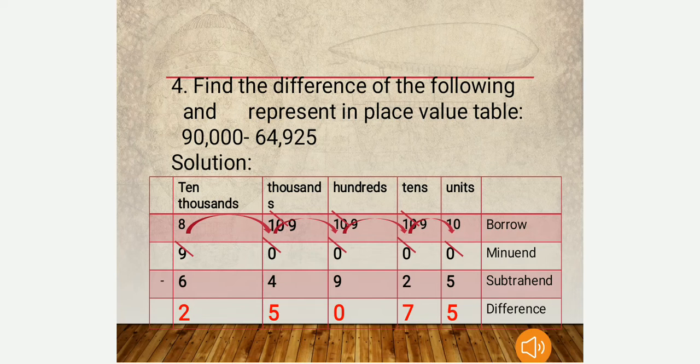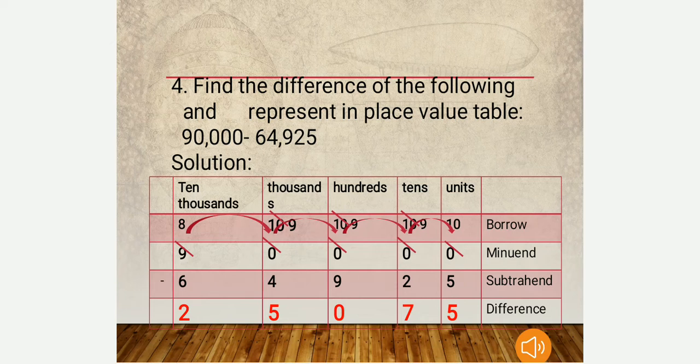And when I take this 10, I have to go till the last, the unit position, so that I can make the solution. Once again, when I take 1 from the 10, it will become 9 and the next will be 10. When once again I take a borrow to the right side, it will become 10 this side and 9 will be remaining at the 100 position. Once again when I take a borrow from 10, at the last it will become 10 at the unit position and at the 10 position only 9 will be remaining.